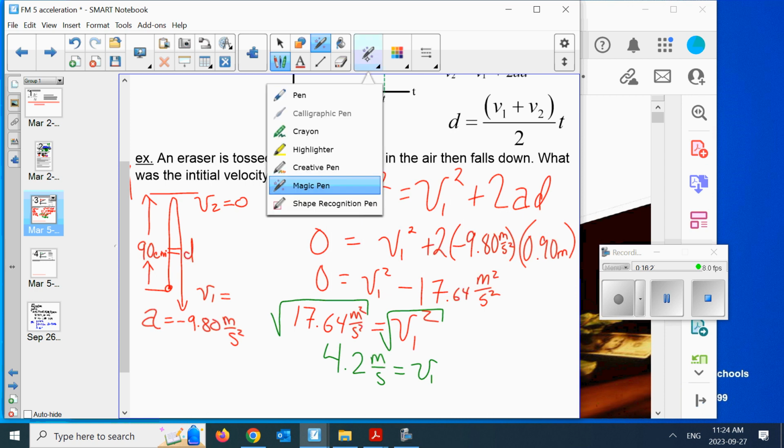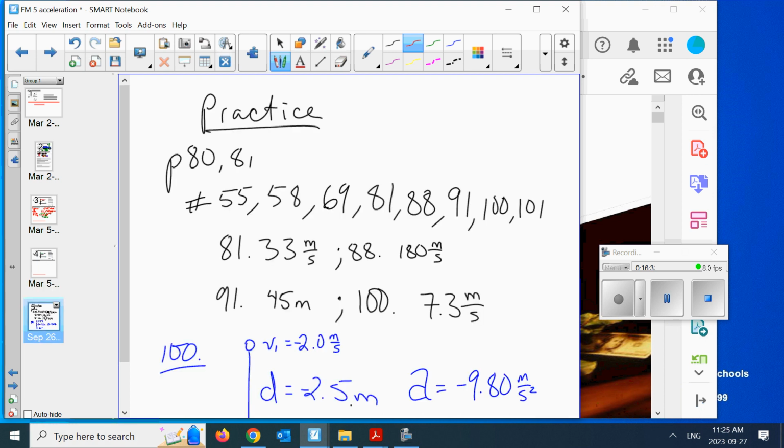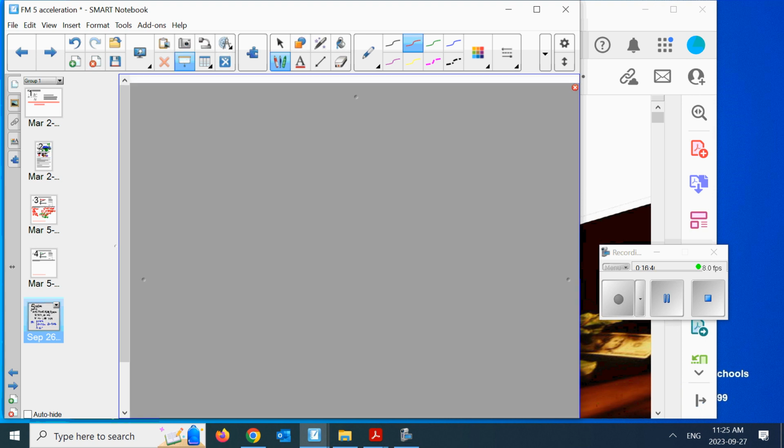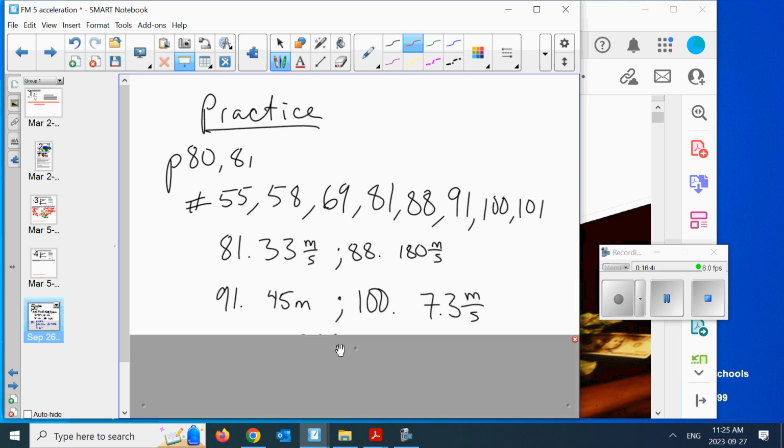Well, another one. Oh, I just did the original. Are you sure this is from our textbook here? I'm going to double check this. Because you guys, it just requires a lot of practice. 55, let me see here, page 80, 81. I'm going to pause the video the first